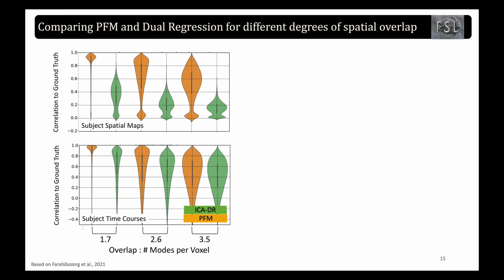And so again, the challenge for the model becomes progressively harder as there's more overlap. So it becomes harder as we go from left to right. And on the y-axis, it's shown a correlation to the ground truth, where values closer to 1 are better at recapturing the ground truth. And so the results are showing us that PFM is capable, more so than ICA dual regression, to handle or disentangle network overlap, although you can see that it gets more difficult as there is more